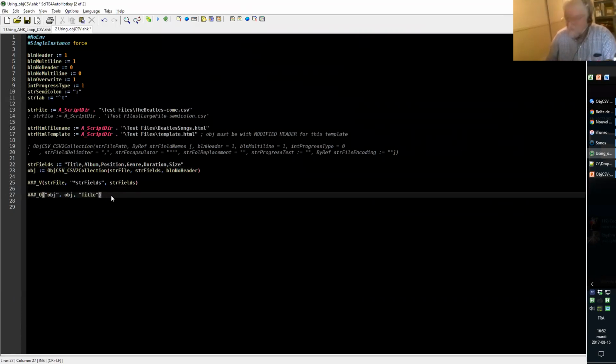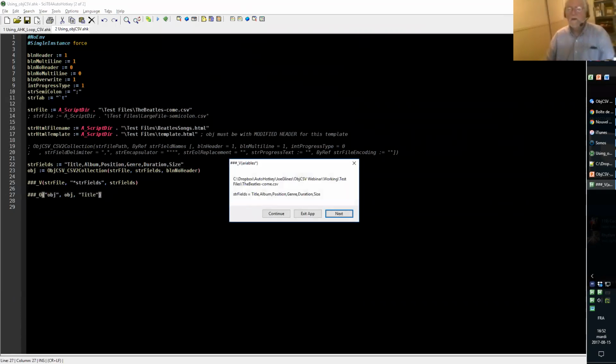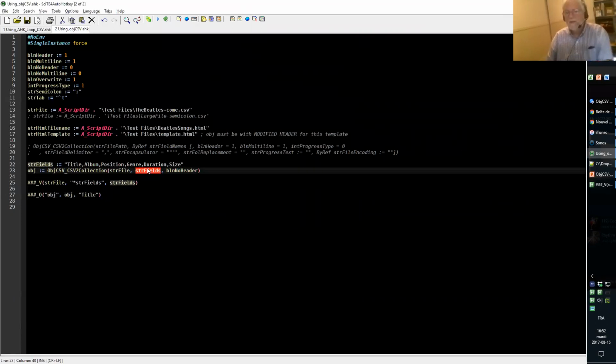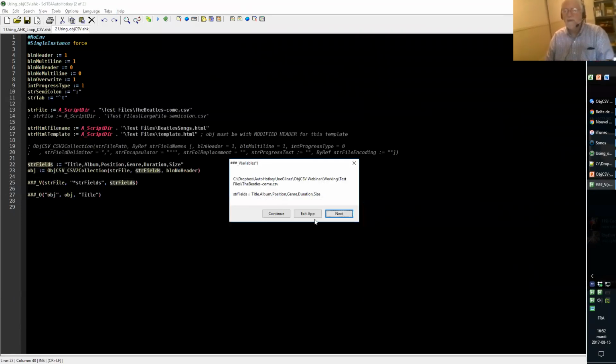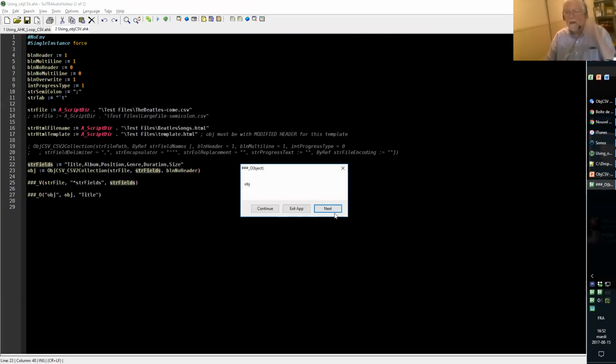So let's see. So the fields are the one I gave. So they are, again, returned here by the function, but they are the ones I told the function to use, so they are not changed. And here the object is wrong. What's wrong?